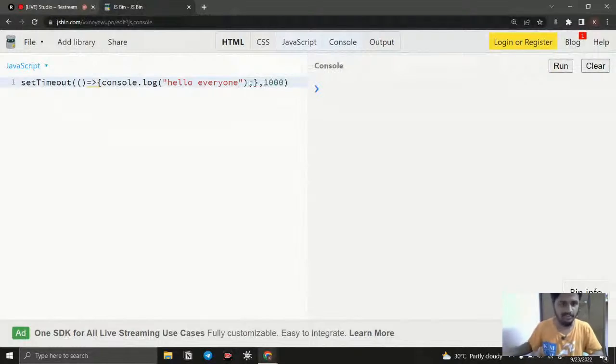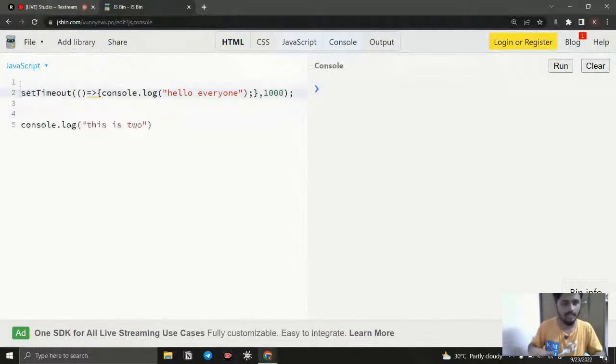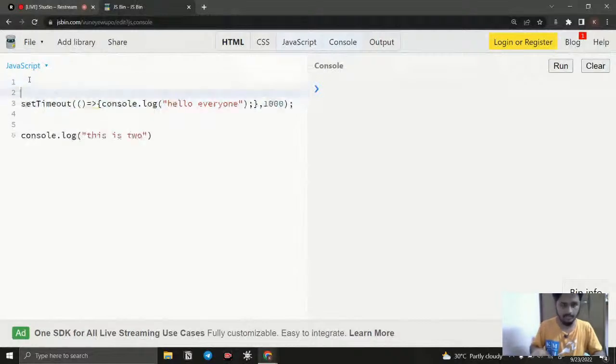Okay, fine. Why it's a semicolon, I don't know. So it is going to be the end of a statement like that. And after that, I'm just going to write another console.log. Here I'm going to write "this is 2". And before that, I'm going to write another console.log, and in this console.log I'll write "this is 1",